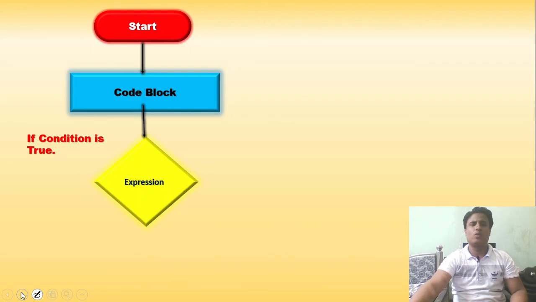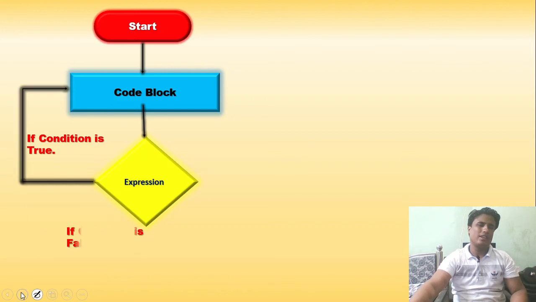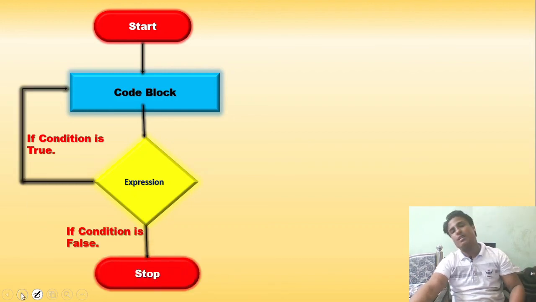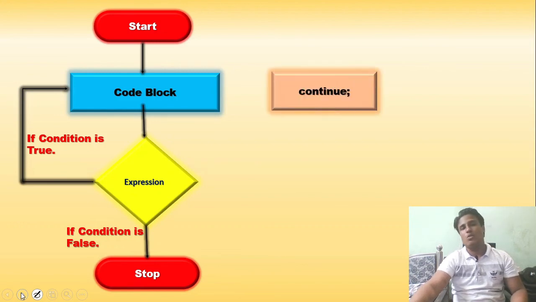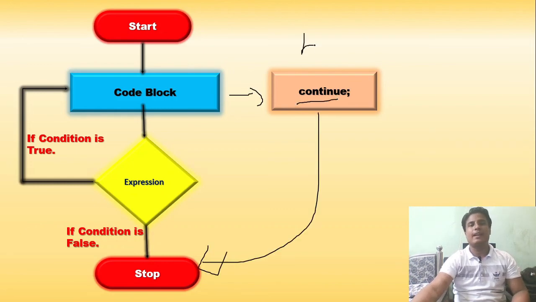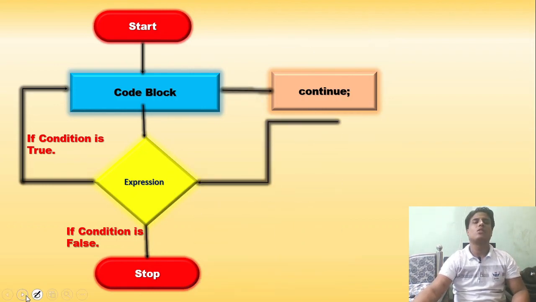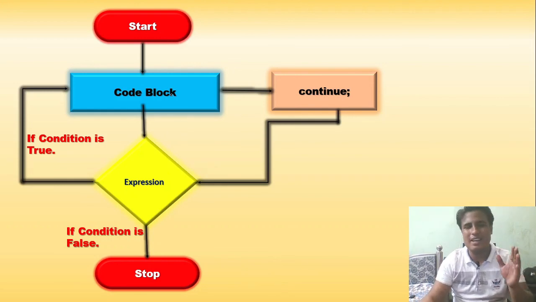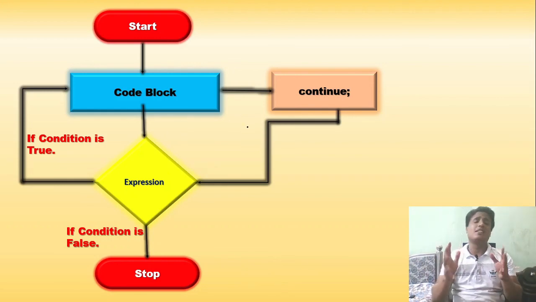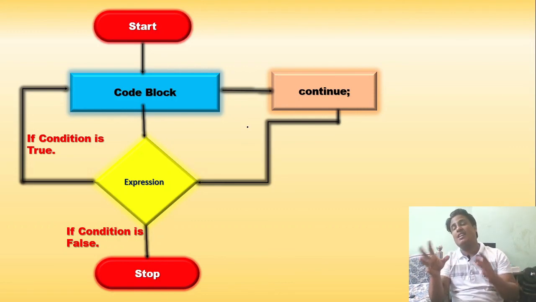So this is the normal case of a code block expression. Suppose I'm giving you another example. If we use continue here, where will it go? Earlier, if you remember, when you use break here instead of continue, it goes to the termination part. But with continue, it will just go to the expression part here. So you can see that it somewhat reduces the complexity of the code and enhances performance to some extent, since we might not want that input to be used in between.